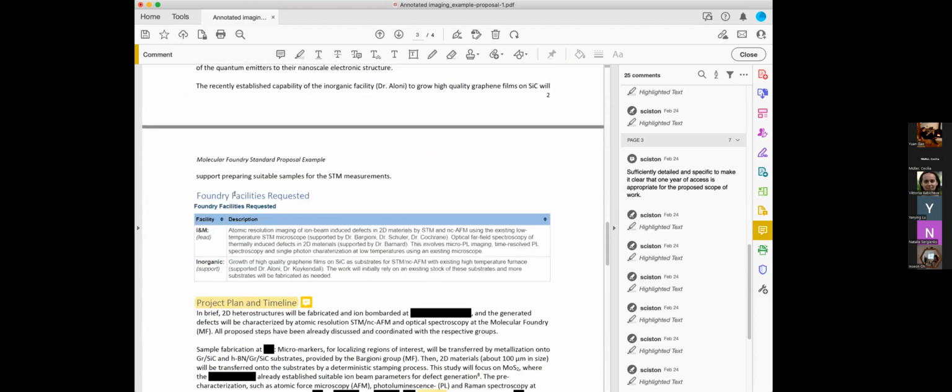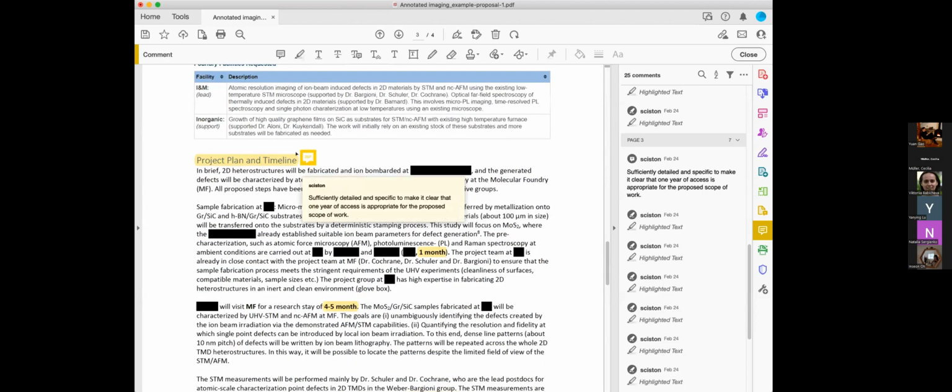There is a section where you type in which facilities are requested and what you want to do there. So here, imaging and manipulation is the lead facility, and inorganic is called on as a support facility. And here's our project plan and timeline. So you can see it's pretty detailed,